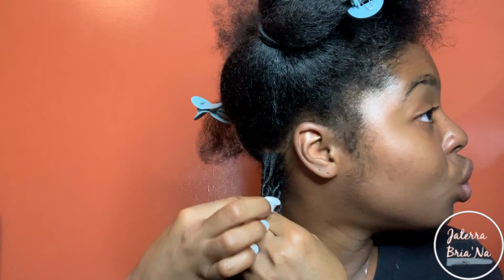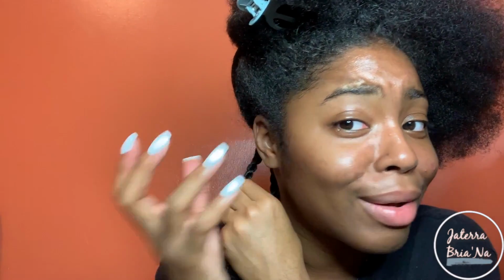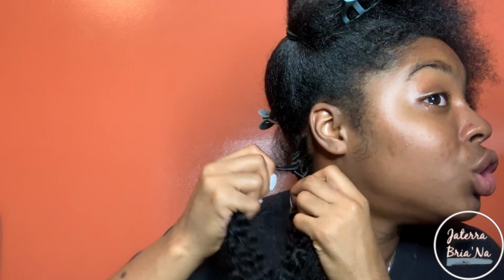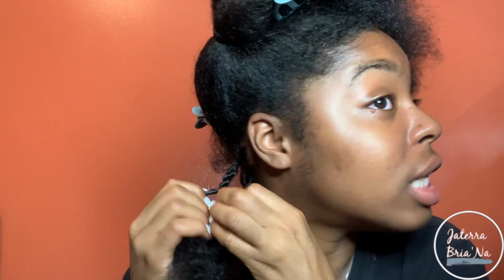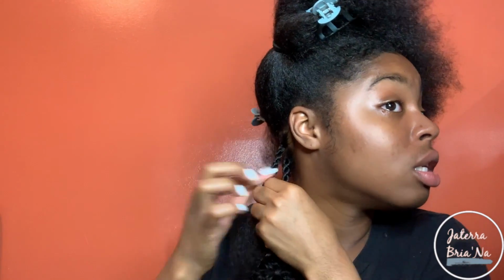And then you're just going to regularly twist while still twisting the hair in that motion, if that makes any sense. I don't know why I'm about to cry. I promise you guys it doesn't hurt. But as you twist, the hair is going to get tighter and tighter to your scalp, and it ain't going nowhere, okay? If any of the hair gets out of place, you want to add more hicks